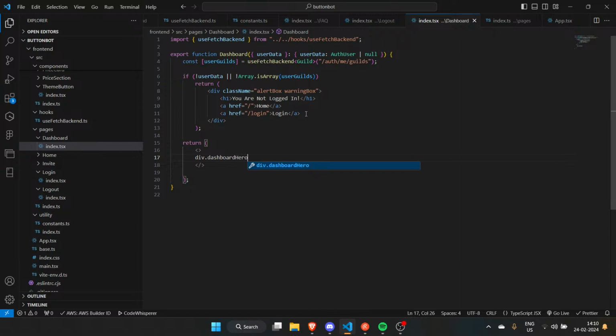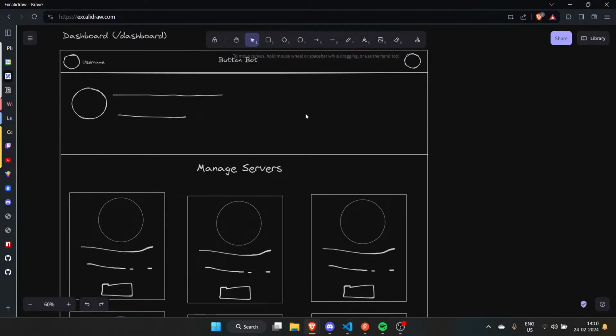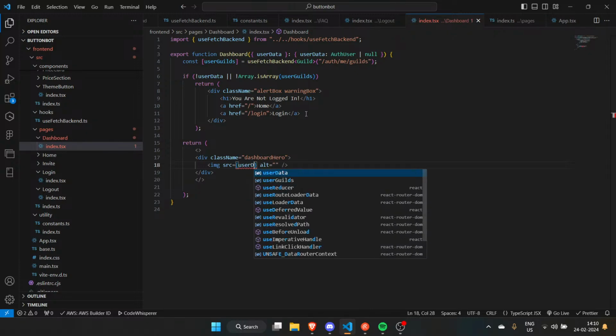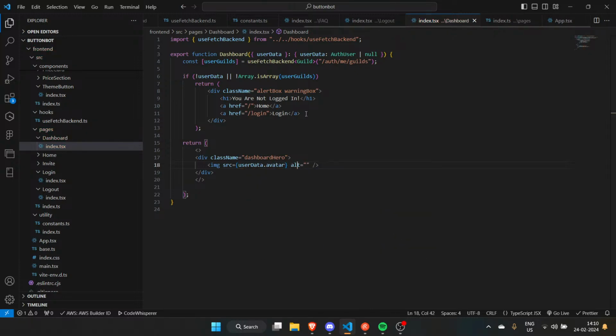Dashboard hero. Come on, dude. That's not bad. Okay. We have username and we have text. I mean avatar image. Source is going to be user data dot avatar. Alt is going to be avatar.